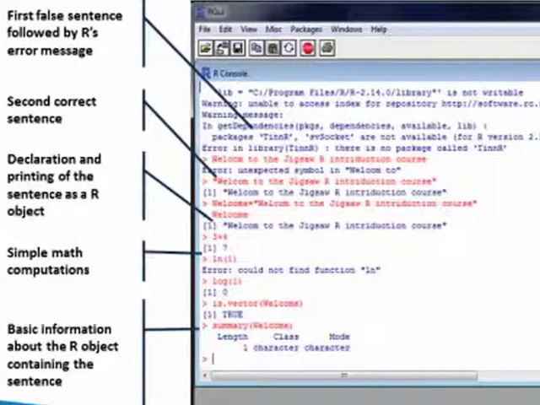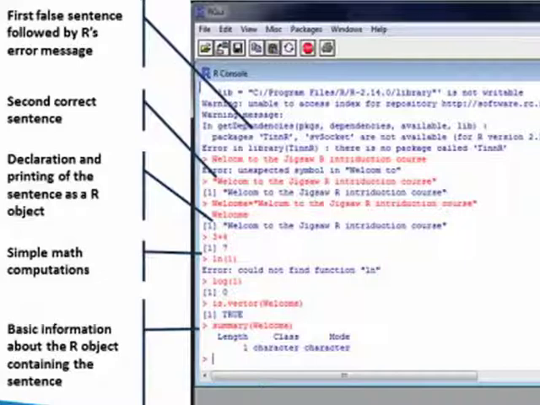And now if you are intrigued by the nature or type of data used by R, consider the sentence "Welcome to the Jigsaw R Introduction Course" that we typed earlier. You can check the nature of the object welcome that contains this sentence by typing in the instructions is.vector brackets welcome and summary welcome.